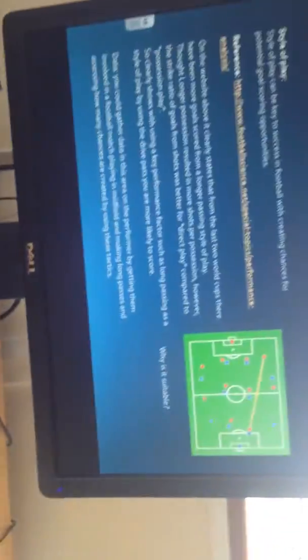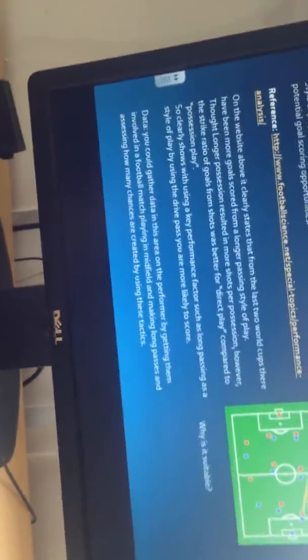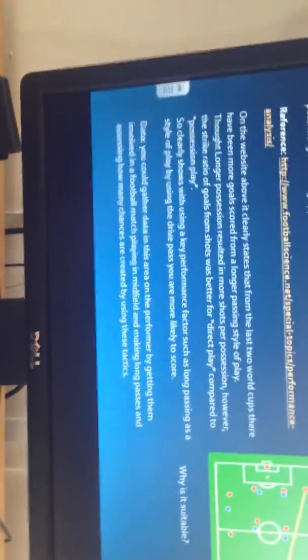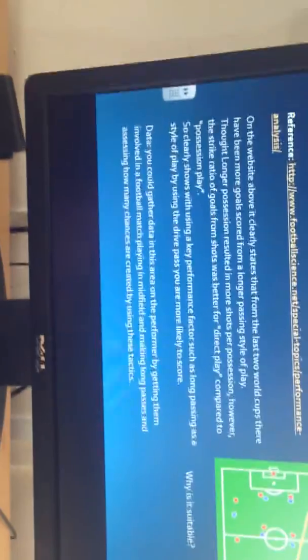Because if you can't score goals, then how are you going to win football matches? All of this here, as you can see, is referenced on the Football Science website. That is all referenced on that website from published authors, sports and medical science journals, etc. On the website, it clearly states that from the last 2 World Cups that there have been